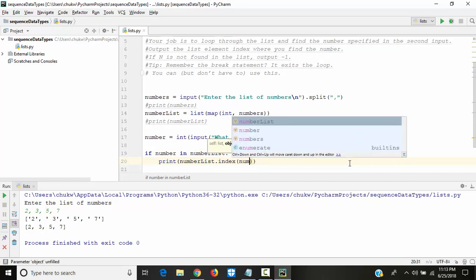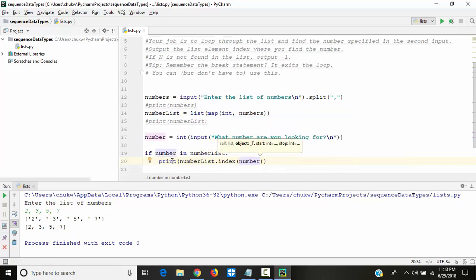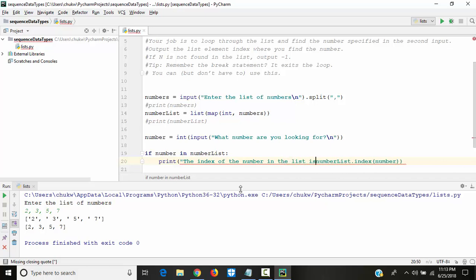So what I can do is I can make it nice. The index of the number in the list is,